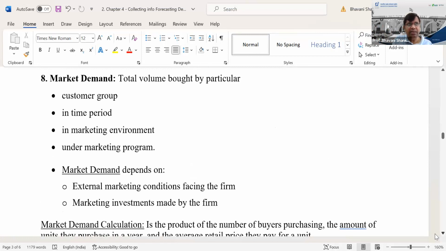quarter of a financial year, in a marketing environment, that is where Myntra is trying to advertise its products and it is saying that it is very trendy and fast changing and everything. And it is competing with Amazon, Flipkart, Ajio and so many others. And it is able to present very attractive offers. So it is competing in that particular environment, and it is launching a particular sale. Let us say some Ram Navami sale or some Diwali sale or Ramzan sale or Christmas sale or something like that. It is a marketing program they are able to launch.